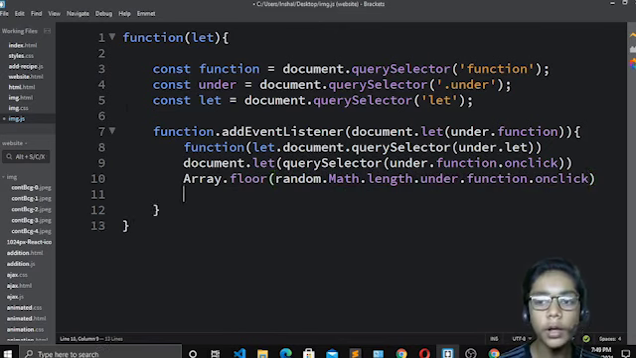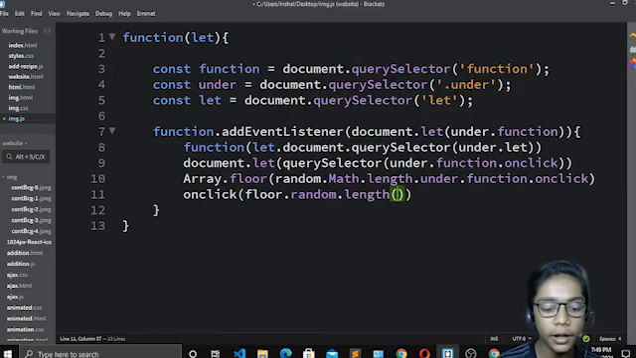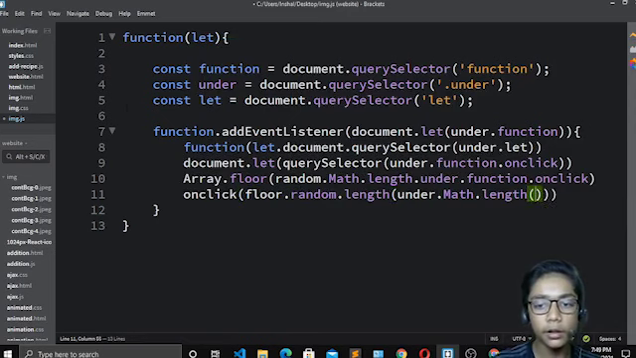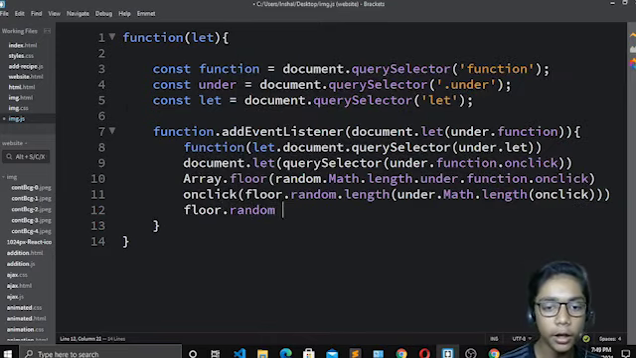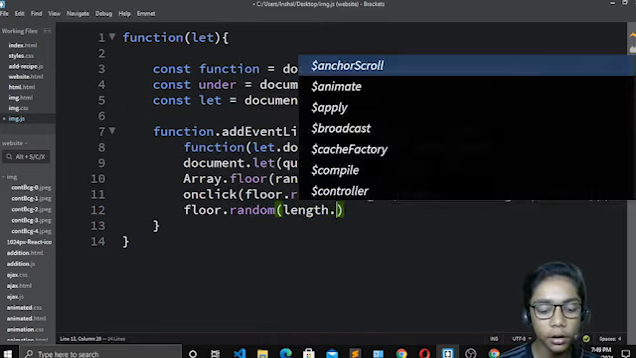Okay, so now when you've done that, just write onClick, and over here I will write Math.floor(Math.random() * ...length. Then write Math dot, and again write length. When you've done that, write onClick tag again over here. Now you have to write floor dot random, and write length under the tag,